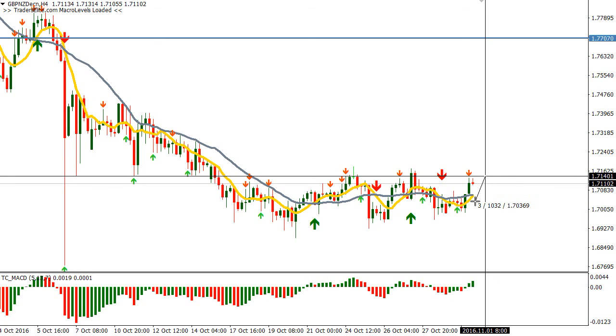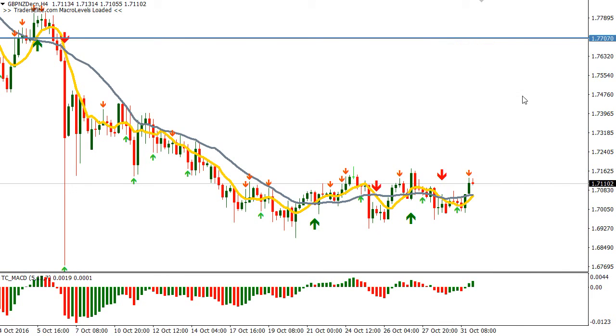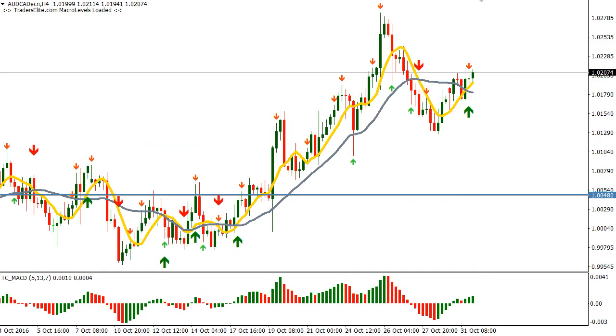But 100 pips for your stop, and 550 pips to the next macro level. We've got this consolidation zone around here, but there's plenty of room here for a great trade with an excellent risk to reward ratio. Okay, Aussie CAD been moving up again,